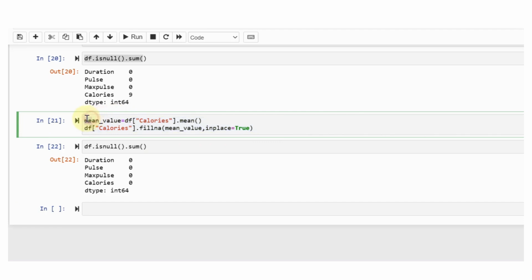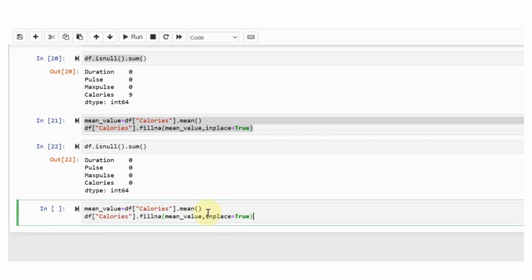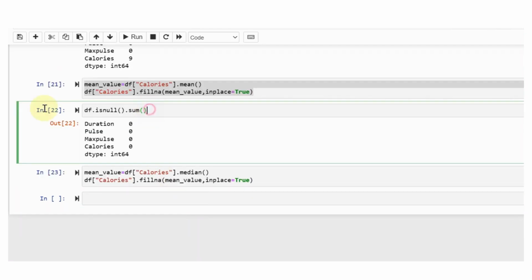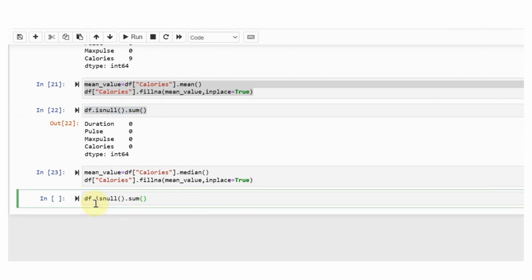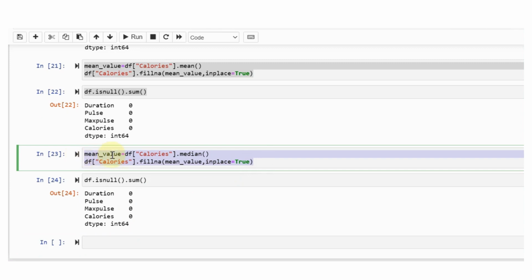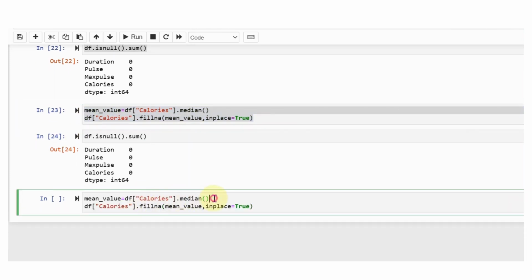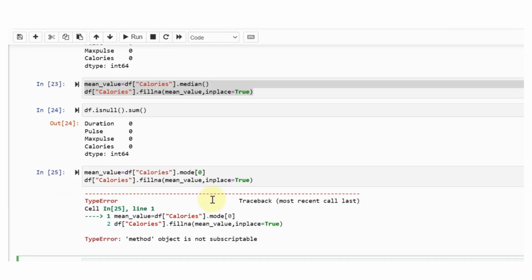Now same as before, fill the missing values with the median and the mode. Check again, same, fill with the mode value. The mode method gives the mode value.